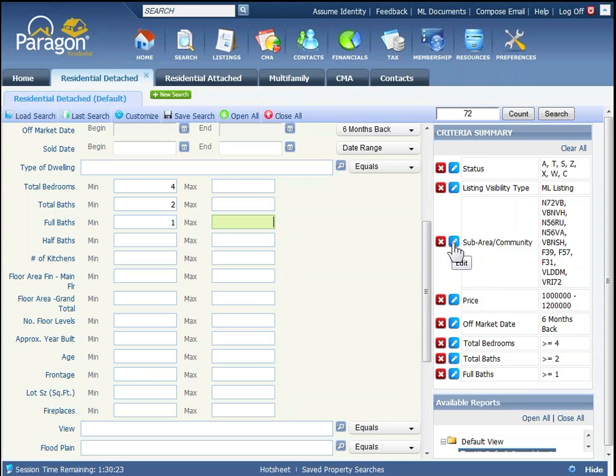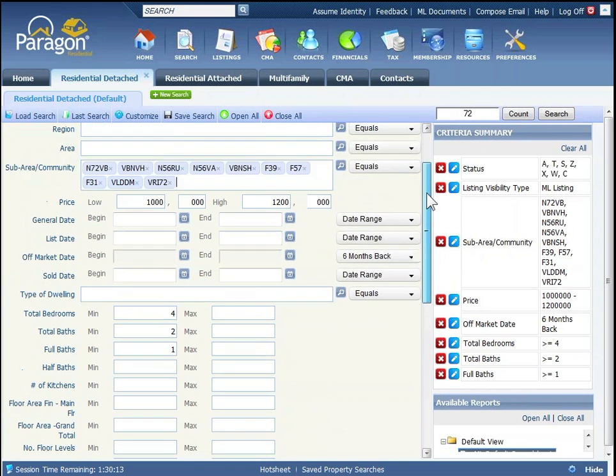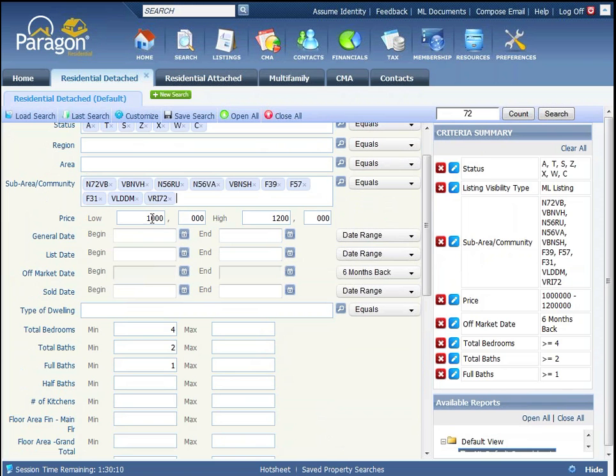I'm going to click on the blue pencil, and as I do that, I want you to watch the screen. Notice how the screen has moved, and there's a yellow bar that indicates where that field is at. With my cursor in the field, I can now come in and either add new values or take away values. To take away a value, see the little X next to where it says